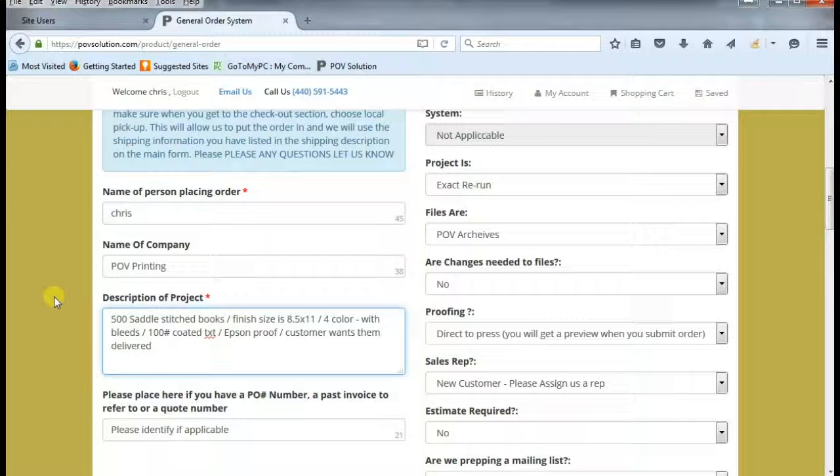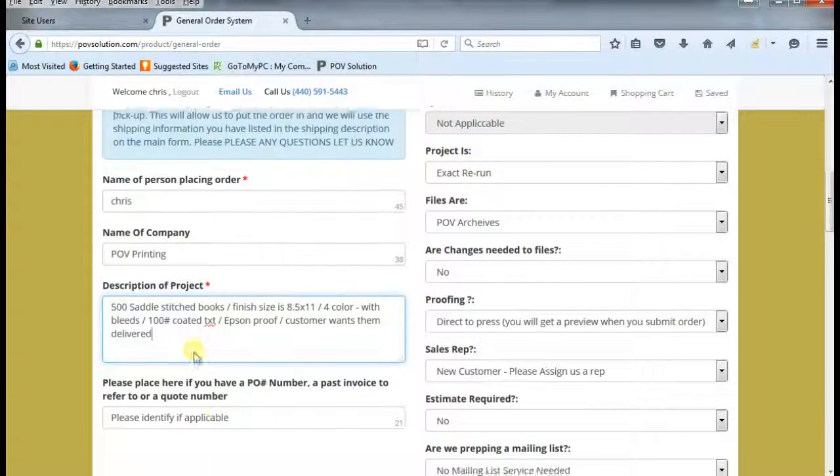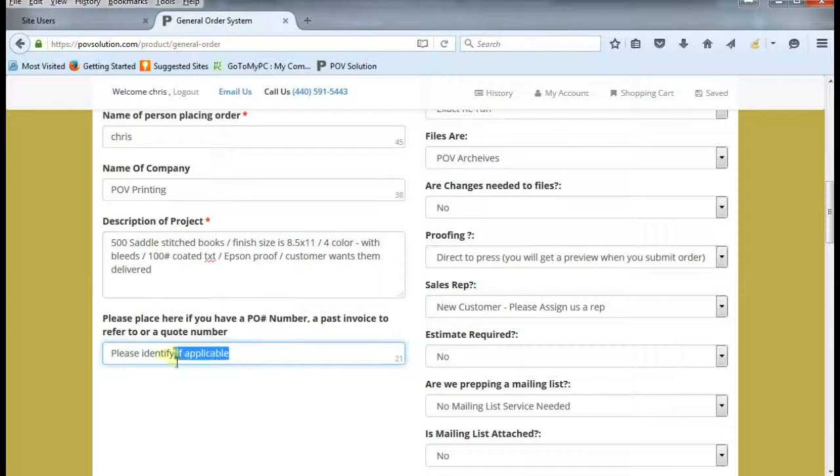Okay, and that's it in a nutshell, but again, the more information you put there, the better off we are. There is no such thing as too much information, I don't believe. A PO number that you want to have us assign to your account, if you have a past invoice, anything that's going to help, again, make the process smoother for you. So I'm going to go ahead and put in PO number 1000,